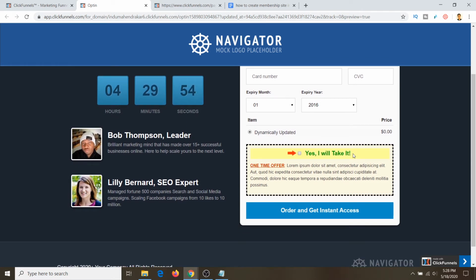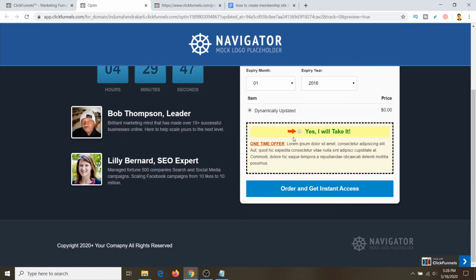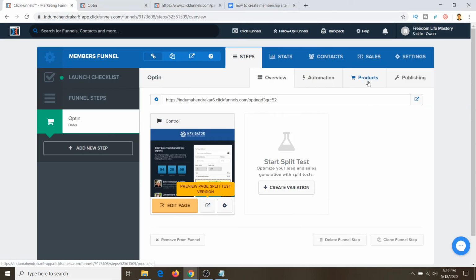As you can see, the product is blank here because it is dynamically updated and we haven't added any products yet. Once they click here, they will be redirected to a particular login page, and they will have access to only that particular course. I'm going to show everything here. So come back, go to products.